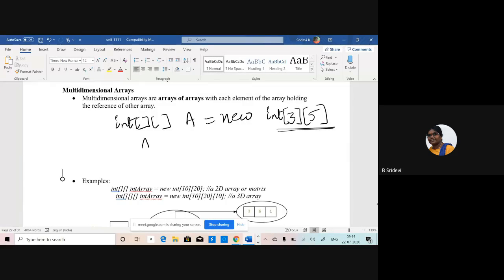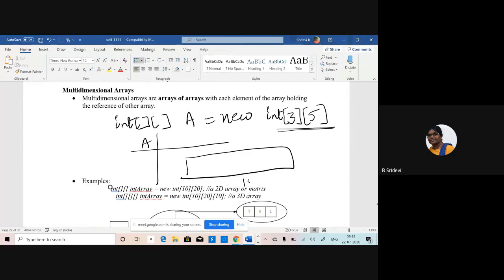This A is stored in stack. And what is this A? It contains the address of some 15 integers place. That A will be pointed here. Clear? But this is the general understanding. Actually, what happens is, this A will point to an array of 3 locations.